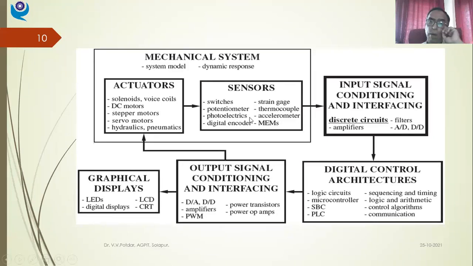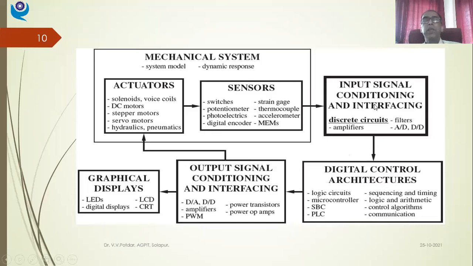So this is how, for my mechatronic systems, all these elements, sensors, signal conditioning devices, controller, actuators, displays will be functioning. Now we have studied the types of sensors and transducers. Now we need to study the input signal conditioning devices and output signal conditioning devices.